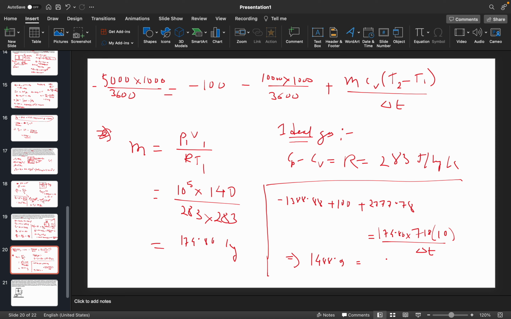174.80 into 7180 by 1, so 1.25 into 10 to the power 6 by delta T. So from here your delta T will be 1488.9, 842 seconds almost. Okay,